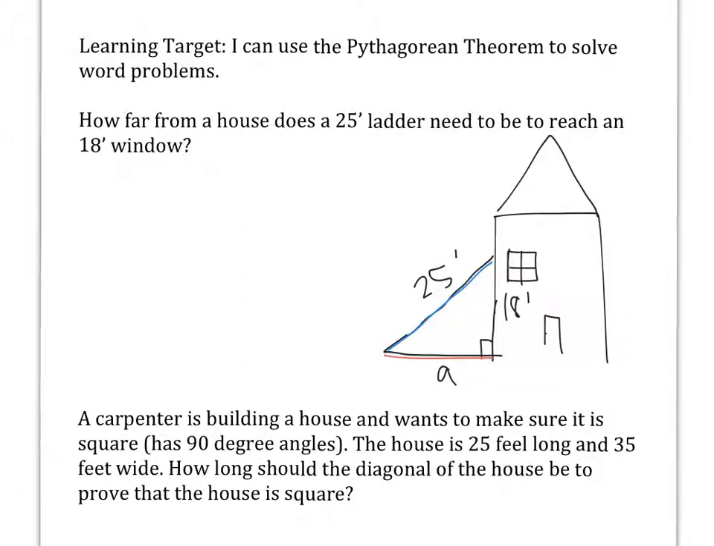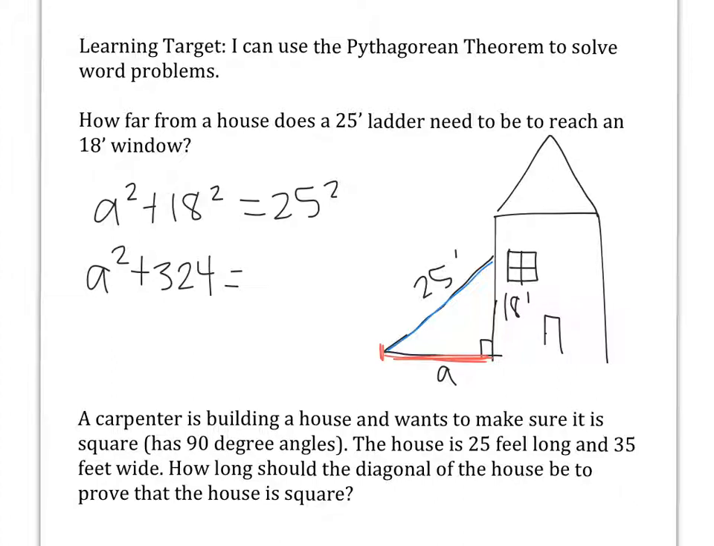So how far from a house, and this would be the distance from the house, does the ladder need to be, so this spot right here, to be able to reach that 18-foot window. So let's set this up using the Pythagorean theorem. So a squared is the side that we want to find, plus the other leg would be 18 squared, has to equal 25 squared. So again, if we remember our perfect squares, we remember that 18 squared is 324,